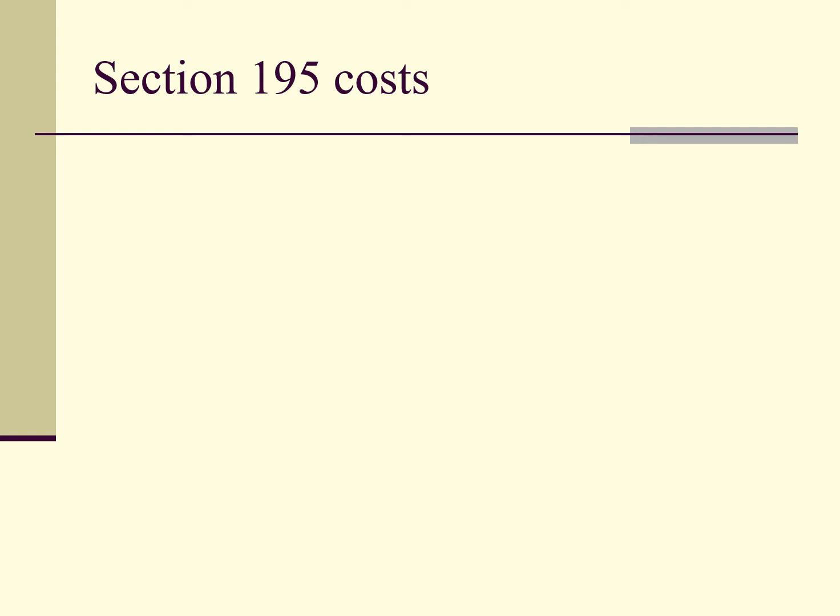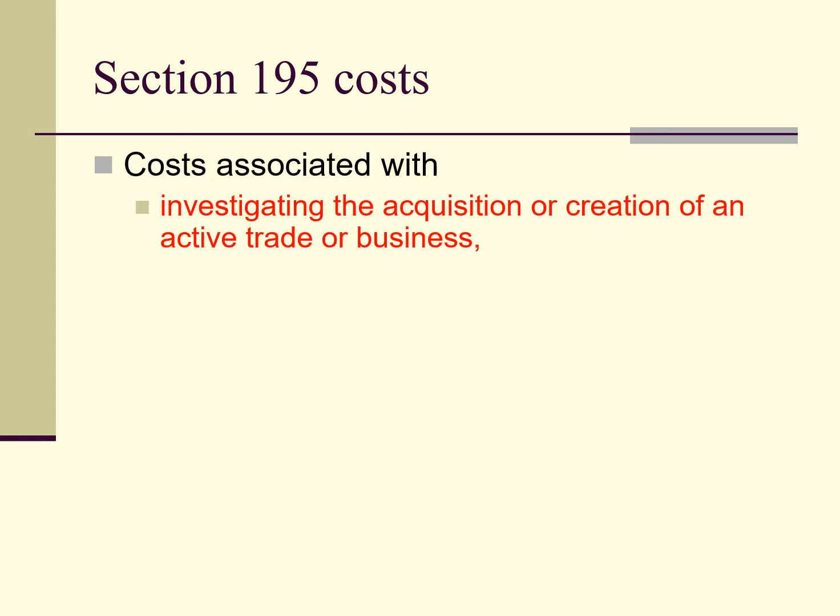Once you have determined that an activity is subject to Section 195, the question is, what costs must be deferred under this section? As discussed in the text at 7.042a, Section 195 costs are those costs associated with investigating the acquisition or creation of an active trade or business,